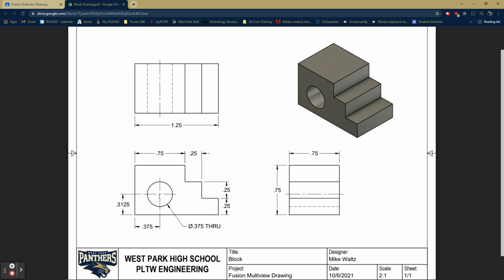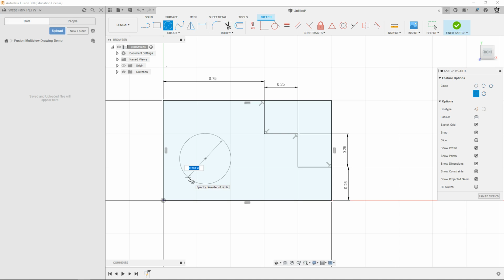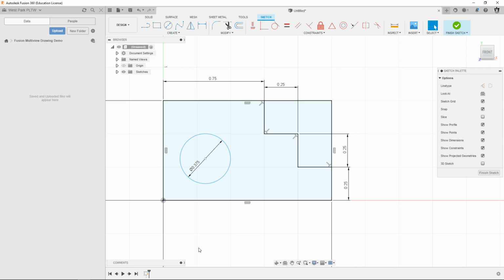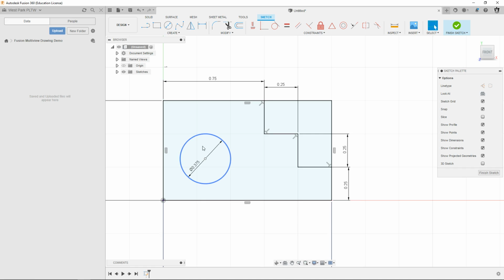Let's draw the circle, 0.375. Circle, I'm going to go in here, click, move my mouse out, 0.375, enter. Okay, so I've got the right side circle. Now I just need to dimension its location. I need to know how far it is left to right, 0.375. So D for dimension, click the center, click the origin, and I'm going to put a dimension down here on the bottom,